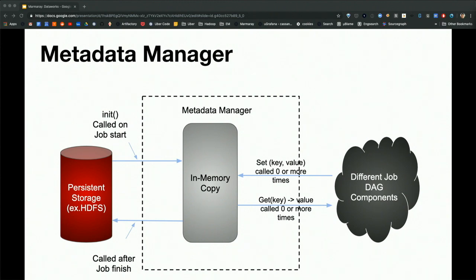If the job succeeds, we perform a check and set where we update the metadata manager, and we store that data actually in Hoodie. So you move to the new offset, and the next time you can continue. If the job fails, then this metadata is not persisted, and the next time the job runs, we start again at the same checkpoint. So that's how we build resiliency into our framework.